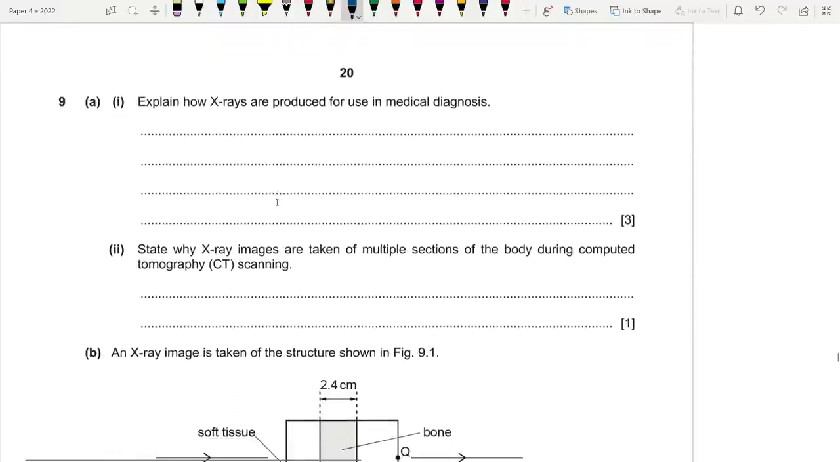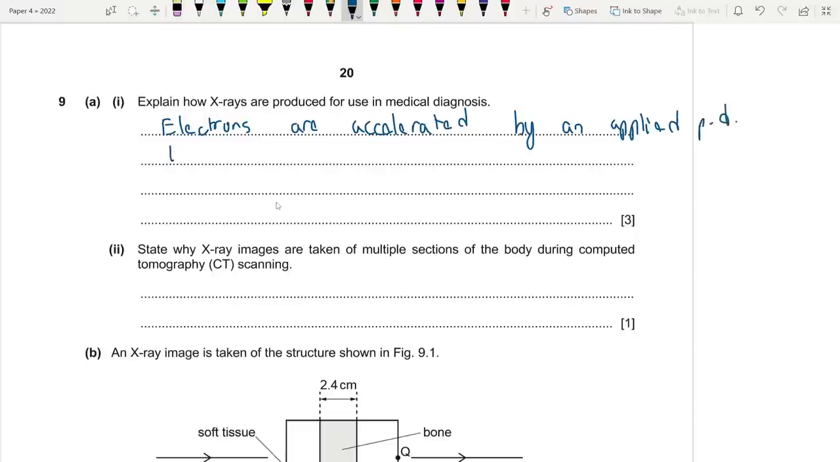Moving on to the last 2 questions. Let's go. Explain how X-rays are produced and used in medical diagnosis. Really important. Remember that we bombard high-speed electrons. So electrons are accelerated by an applied potential difference, right? Then they hit a target metal, and they are decelerated suddenly. So this sudden deceleration creates a lot of energy. So X-rays are produced